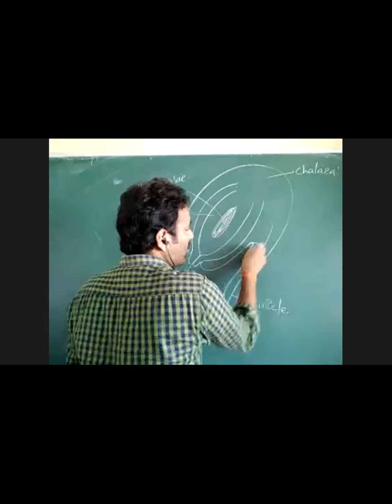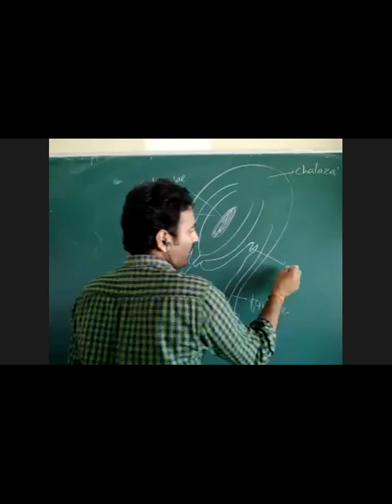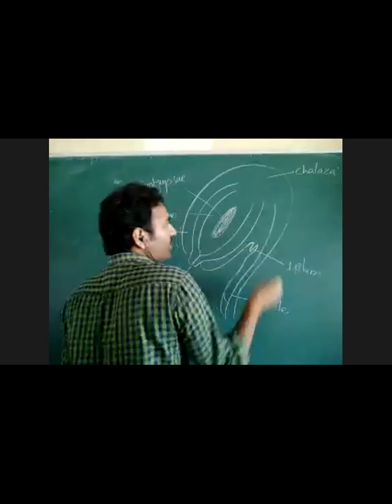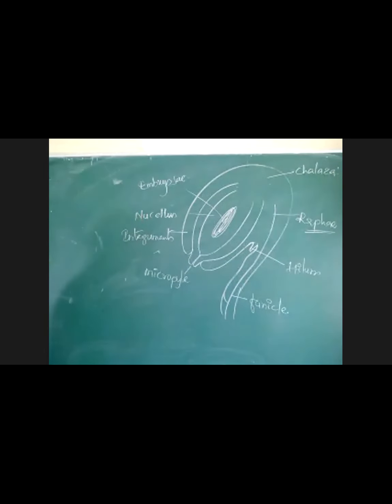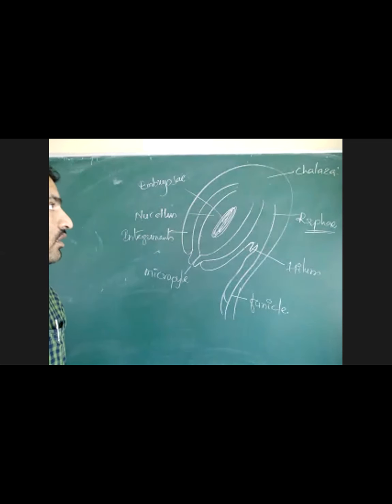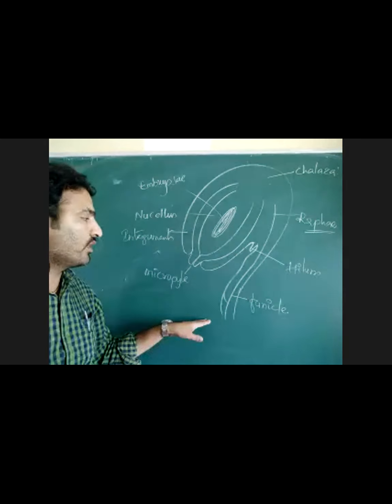The part of the ovule where it joins with the funicle is called the hilum, and in an inverted ovule there is formation of a ridge called the raphe. These are the different parts of the ovule that you already drew in the diagram in the previous class. I will explain once, then I will give notes for this.